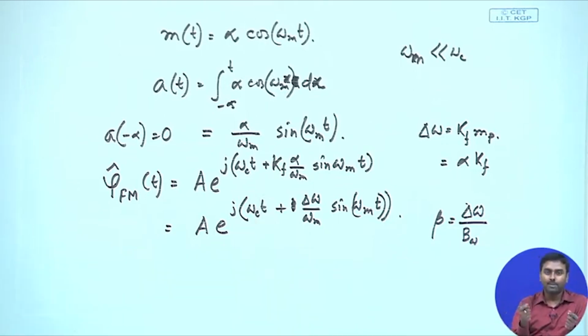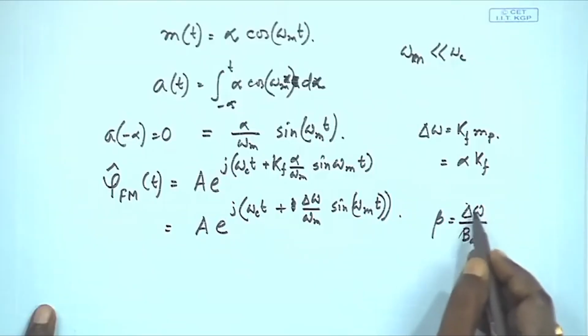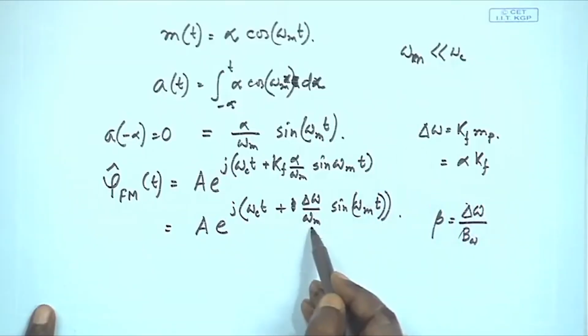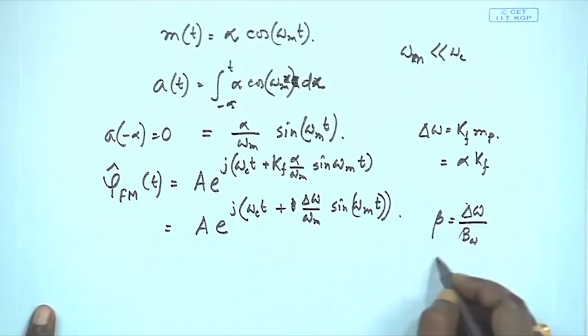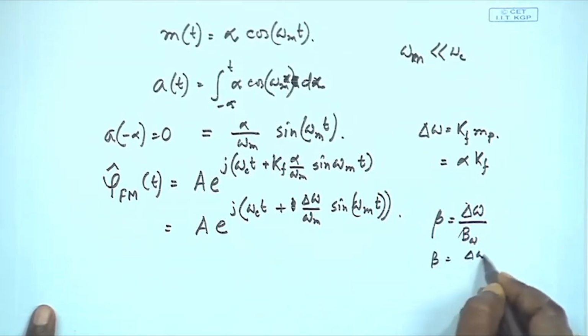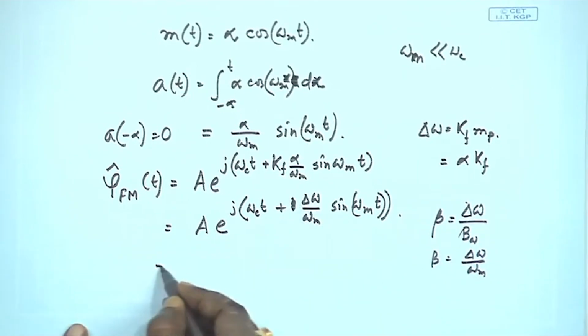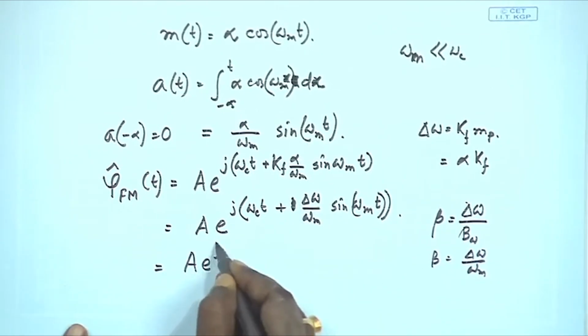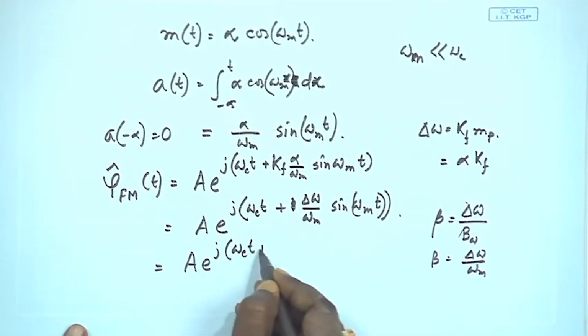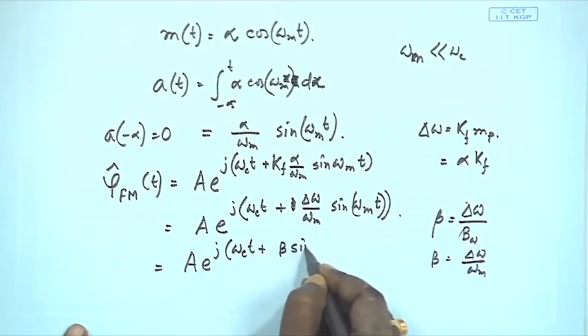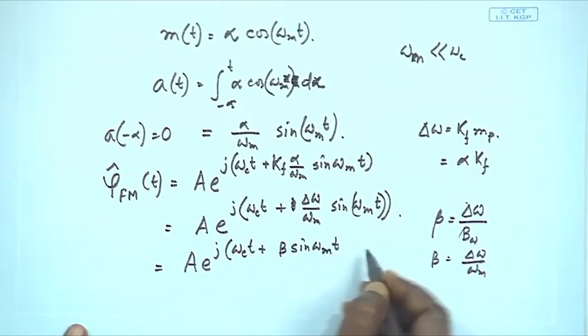So, the bandwidth must be that only, right. So, B must be omega m. So, I can write this B as omega m, and del omega is this one. So, del omega by omega m must be my beta. So, this becomes my beta. So, I can write this as A e to the power j omega c t plus beta sine omega m t,